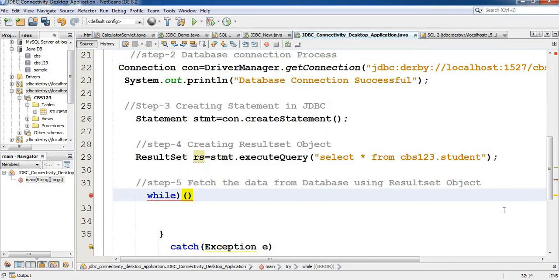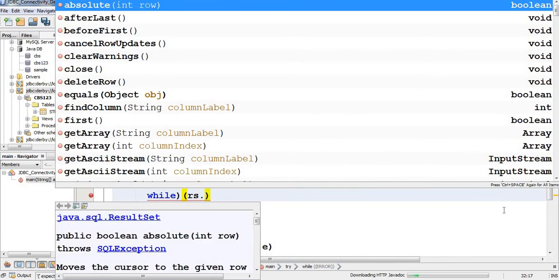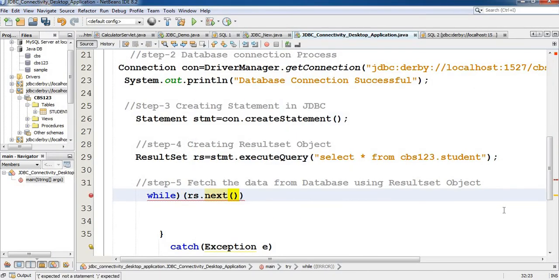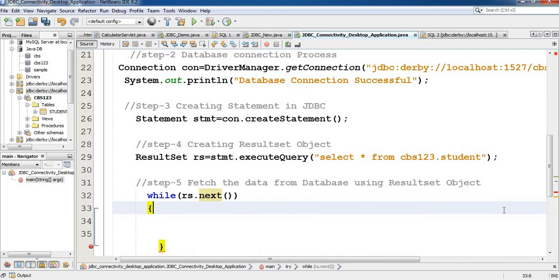The rs object, rs dot, always goes in the forward direction, so it will check the next value. You can see here next, right? So while rs dot next. Next means, for example, if it is in the first row, it will start checking from the top left to the right. So while rs dot next, if the values are there, it will print them using